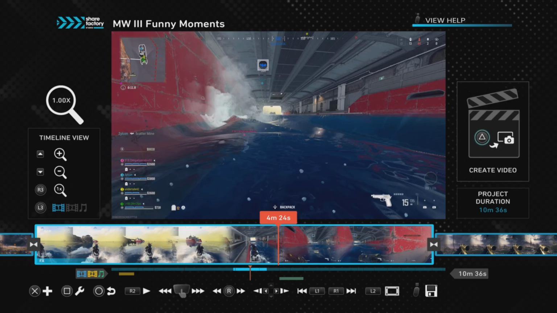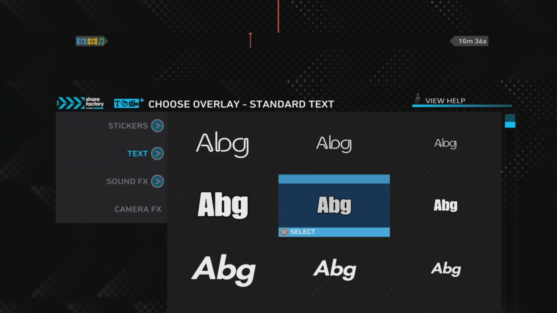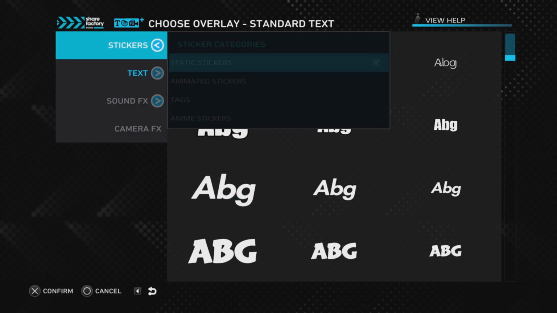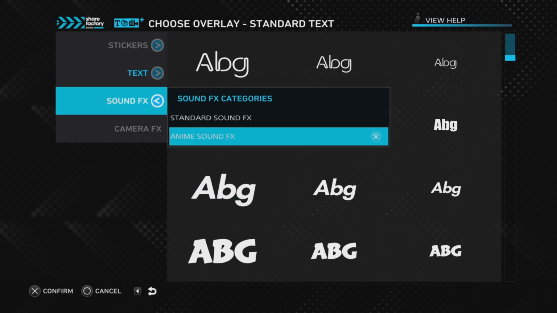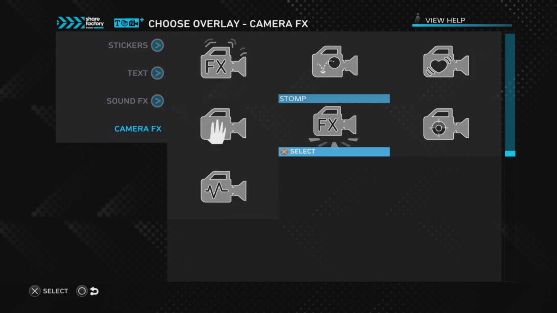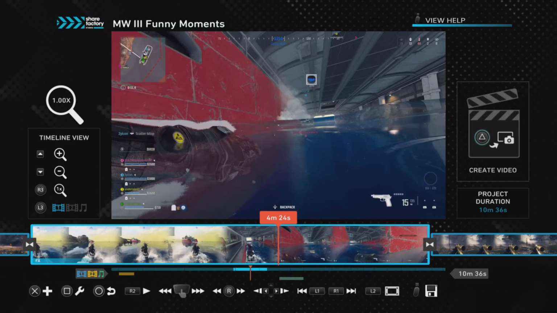What I'll do after that is I'll work from clip to clip and add text or what you can also do, stickers. There's a bunch of different things. There's sound effects. You'll add whatever you want to add in there. And that's what I do after that, and I work clip to clip.